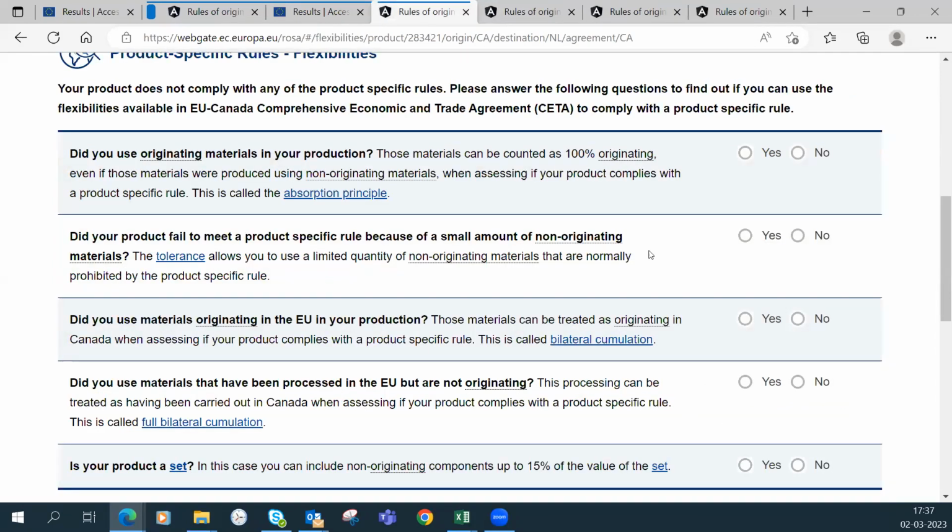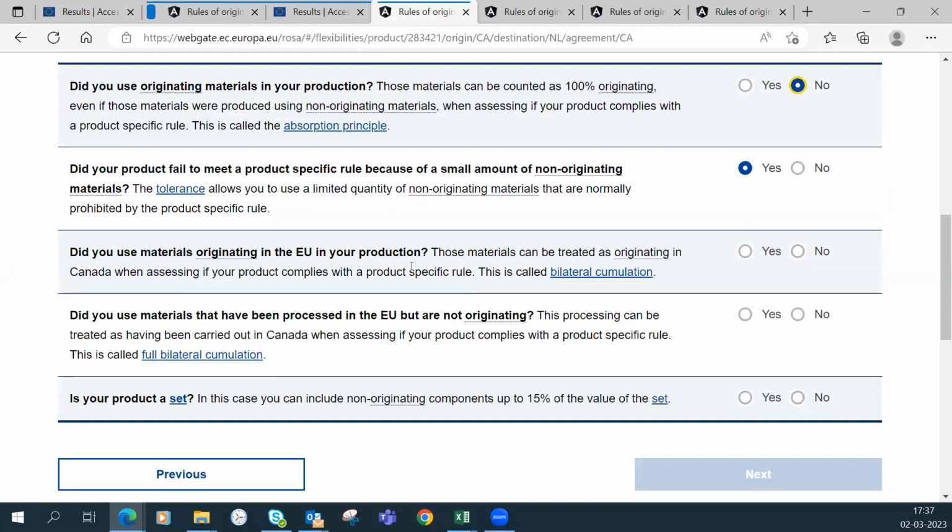And for example, you can say that, oh, okay, finally, indeed, I can apply the tolerance. I use non-originating material that is within the limit of the tolerance. So yes, I can use the tolerance, but okay, I cannot use absorption. You also have what we call bilateral cumulation. So all products originating in the free trade partner country can be considered as if they were made in your own country.